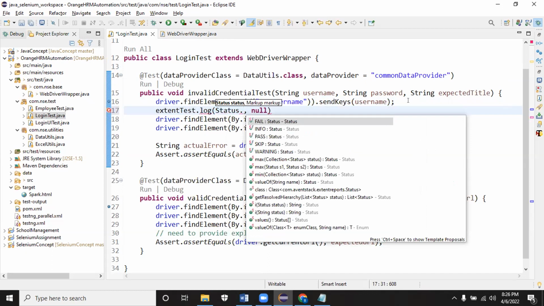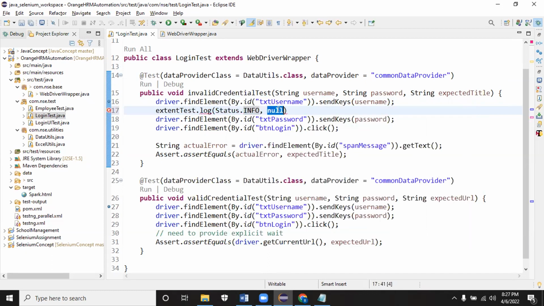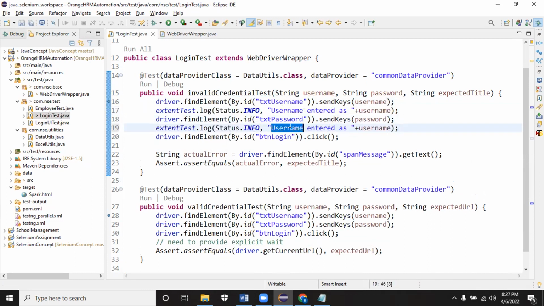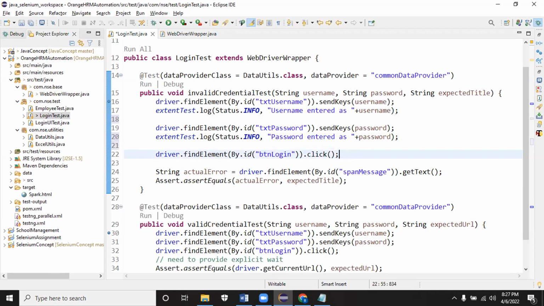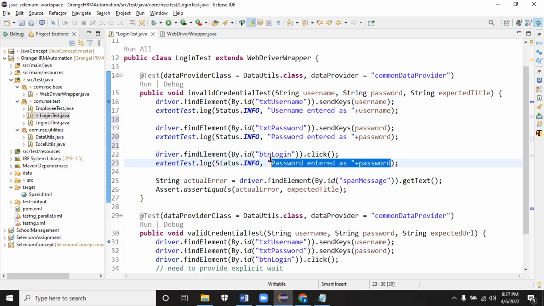status dot info. I can add any info like username entered as that particular username. If you want to add the log, let me add it over here. Password entered as password, and click on login, log.